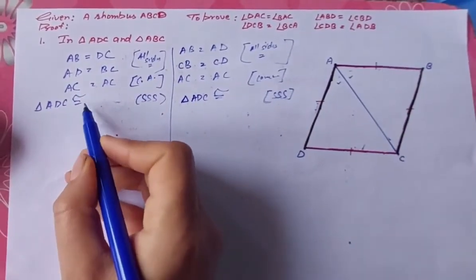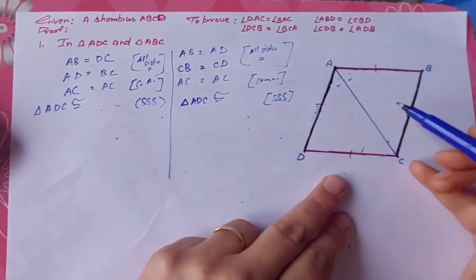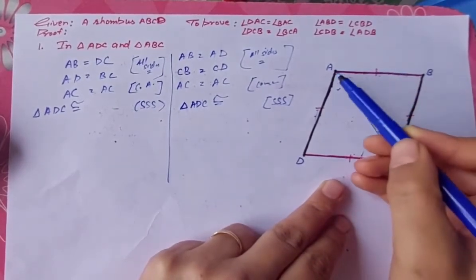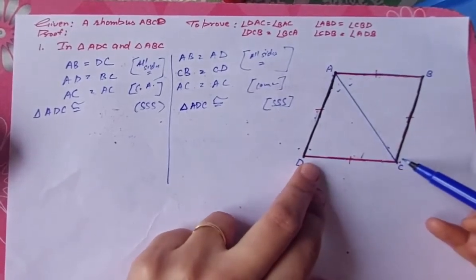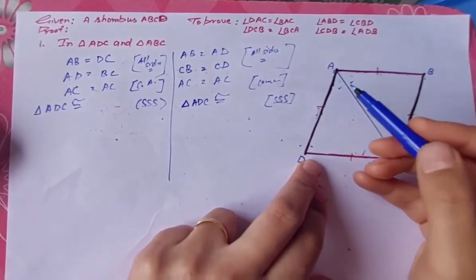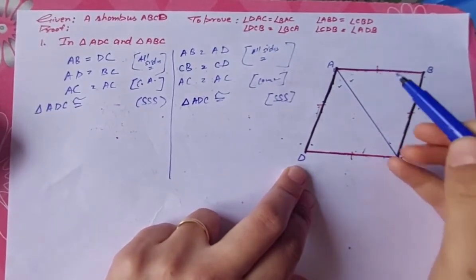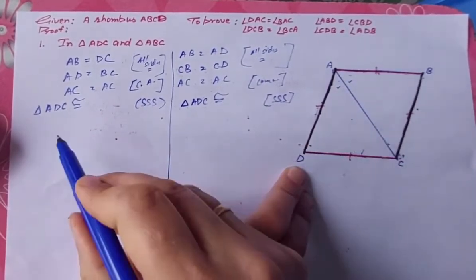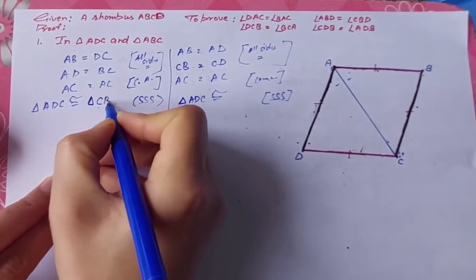But here it is ADC, because you have written AB equals DC and AD equals BC. So if you are writing ADC, then ADC is going to be congruent to CBA, because we have written this equals this and this equals that. You are moving from black to red, meaning ADC here, so here also CBA, triangle CBA.